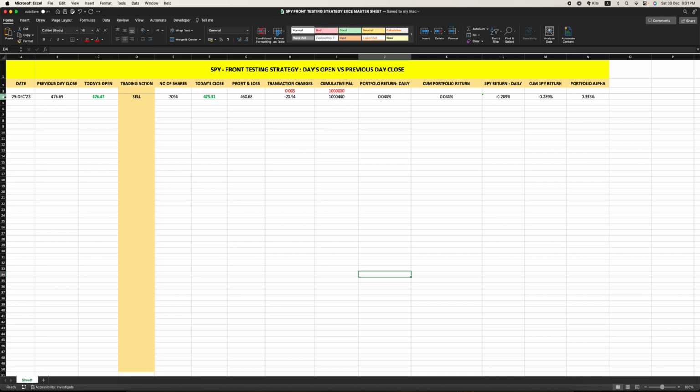So obviously on the 29th we had to fill it in. The previous day close, so the 28th close, was 476.69. The 29th open was 476.47, which was obviously a sell signal since it did open below the close. So the number of shares which we bought with our notional amount of $1 million was 2,094, and the close of the day was 475.31, and our total profit was 460.68. But after transaction charges, which subtracted $20.94,